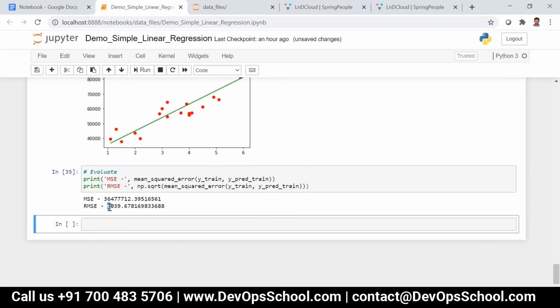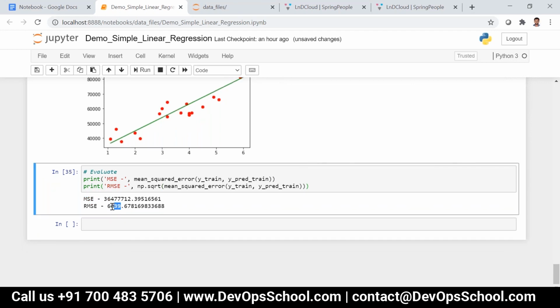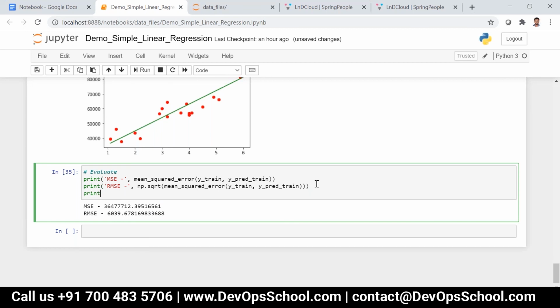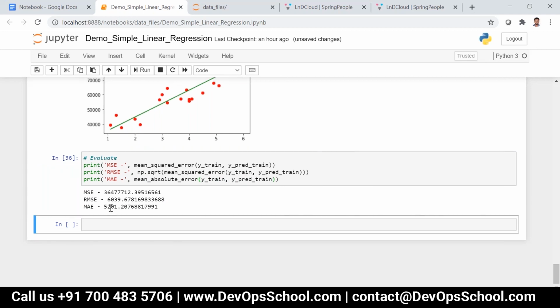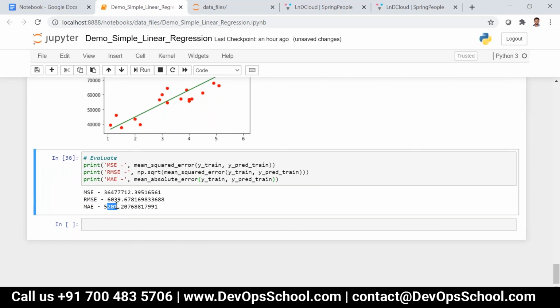You can see the average difference is 6039. Then MAE, that is mean absolute error: y_train, y_predicted_train. You can see 5201 if you find it with MAE.